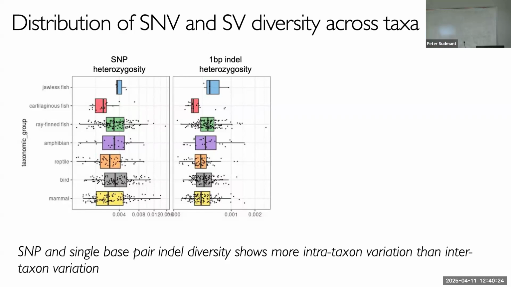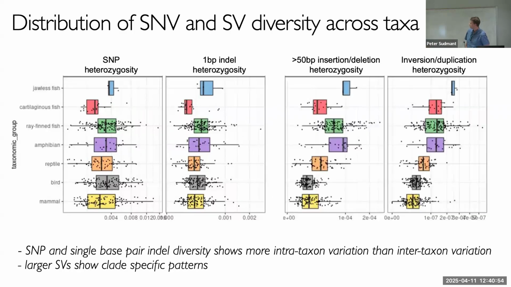What you see is there's a huge range in heterozygosity across species, and there's more variation within than between clades. The cartilaginous fishes have a little bit less, but there's just not that many of those. It's not like certain clades are way more diverse than others. But things get more interesting when you start to do this for structural variants. This is the SNP heterozygosity plot, and here's the structural variant heterozygosity plot. Here, this is inversions and duplications, and then insertions and deletions. This is not weighted by base pair. If you have a structural variant, you just count one, right?